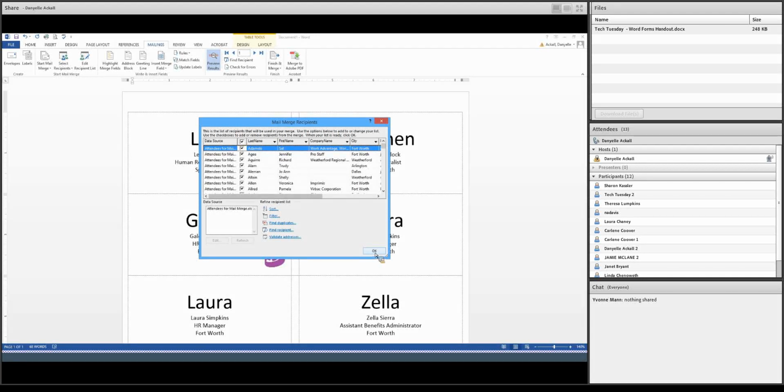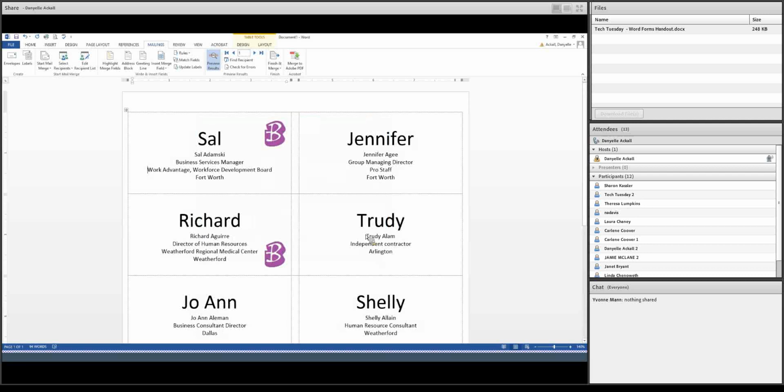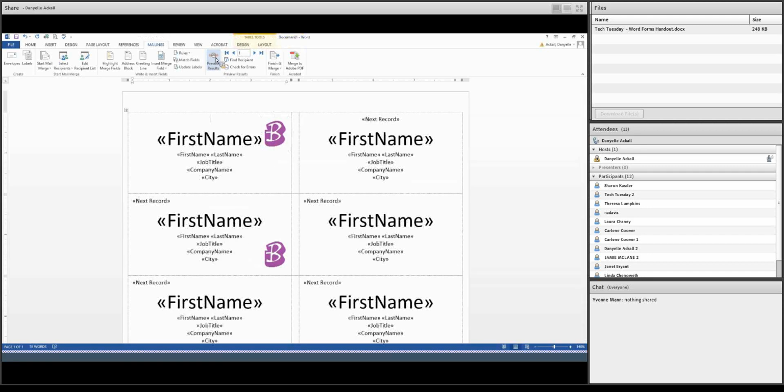Okay, so we have all that information. We've got a pretty good template. We're going to go ahead and pretend that our logos are actually TCU logos and they're in every field. So now what do you do? You have a couple of options. First thing you want to do is save your template. If you have a regular meeting or you do this on a regular occasion, you don't